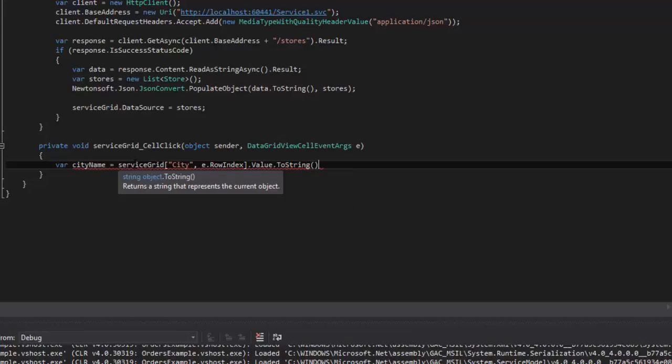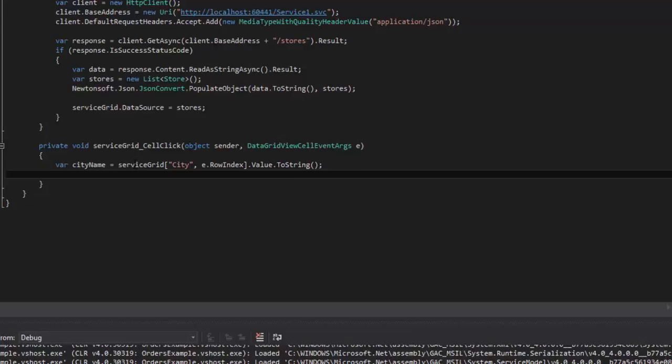And then just a little bit of type safety here should make sure that it's an actual string. Of course, realistically, there's probably a few other checks we'd want to do, like make sure the value makes sense at all. If it doesn't return anything, throw an error, but we're not going to handle that stuff. So, okay, and then from there we're going to call our city weather method,